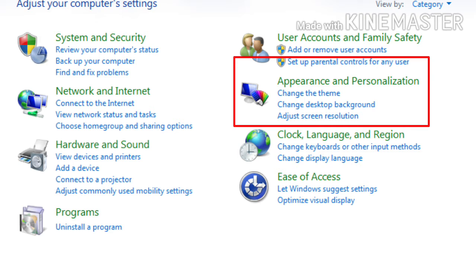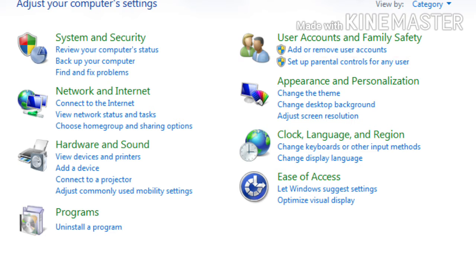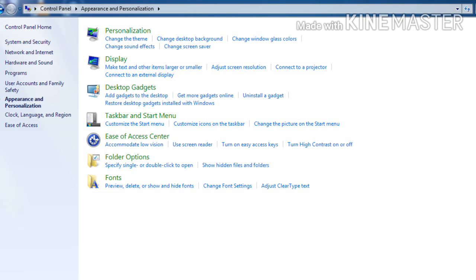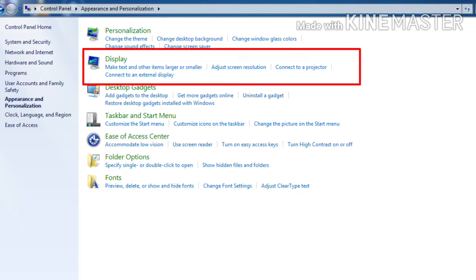So this category contains different applets for doing these things. Let's see the applets of this category. Here you can see the display applet, through which you can make your text and other items larger or smaller, and also adjust the screen resolution.